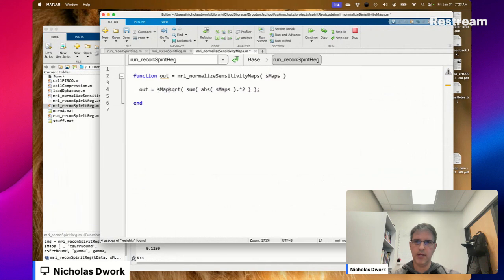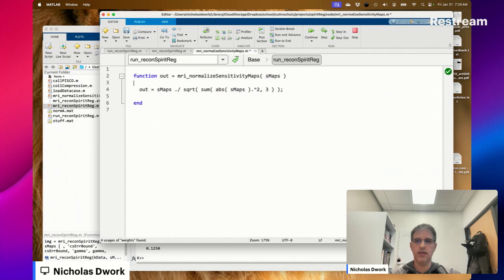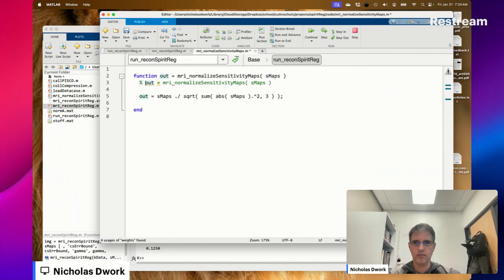Out is equal to S maps divided by the square root of the sum, in the third dimension. Think that'll work?